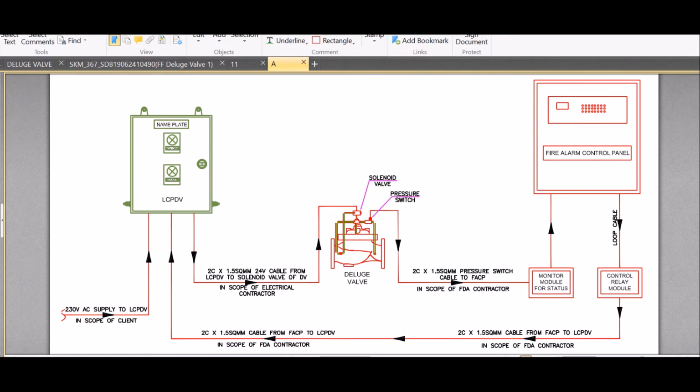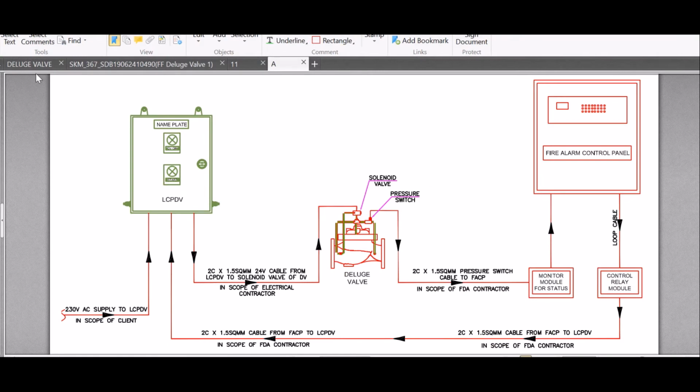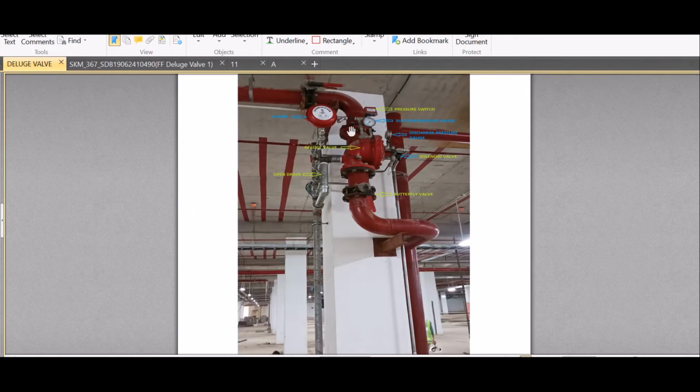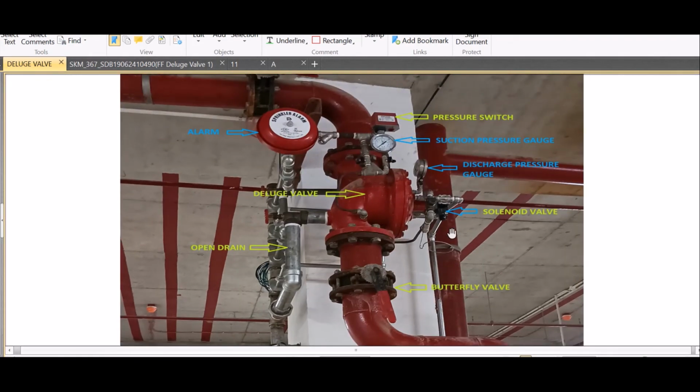As I showed here, this is a pressure switch and this is a solenoid valve. This is a pressure switch, the black one, and the red one is also a pressure switch.